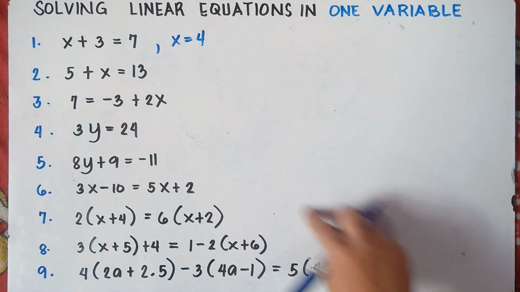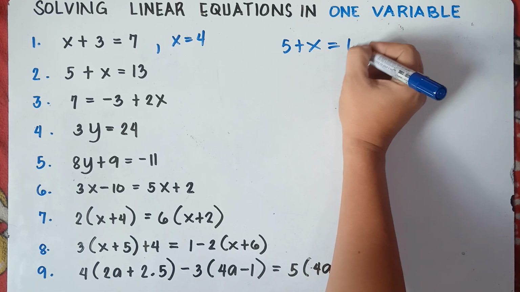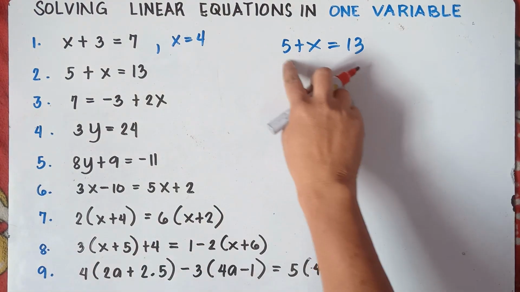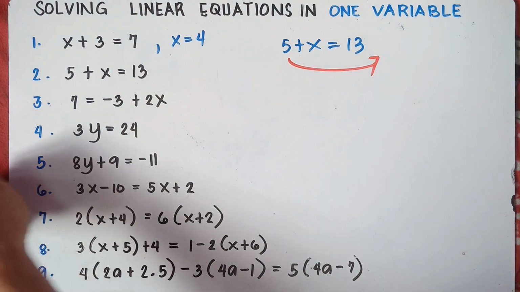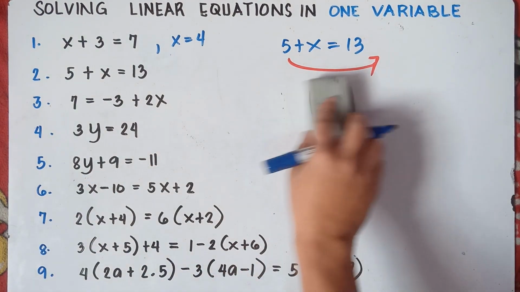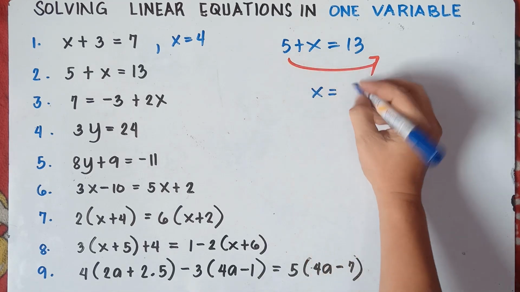Later on, we will have more complicated samples. For number 2: 5 plus x equals 13. To get the value of x, simply transpose positive 5 from left to right. So this will be x equals, this is positive, it will be negative. Copy 13